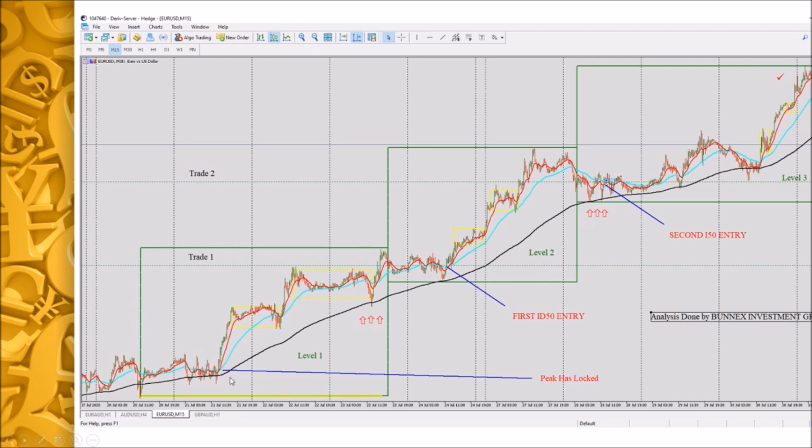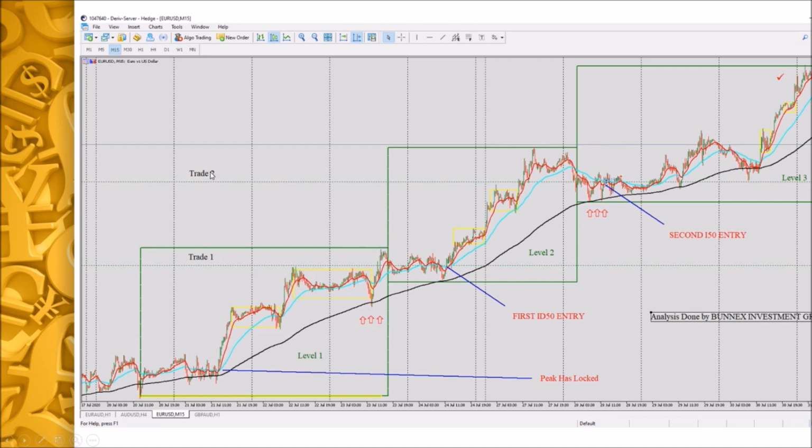What is peak locking? Peak locking is when 13 and 50 cross, meaning that this peak is now an anchor. Price is no longer going to come back again to that peak. And level 1 was seen after completion of level 1. That is where we had our first entry. Then after completion of level 2, we had our second entry,